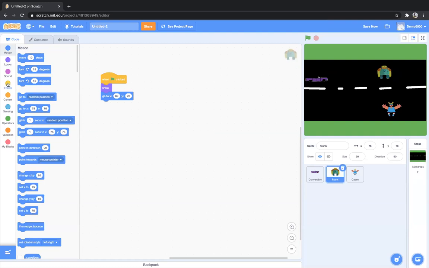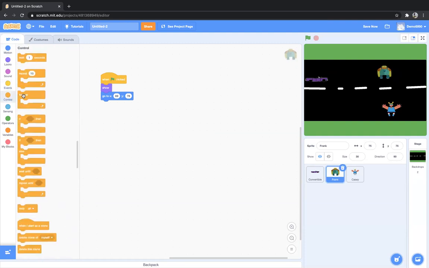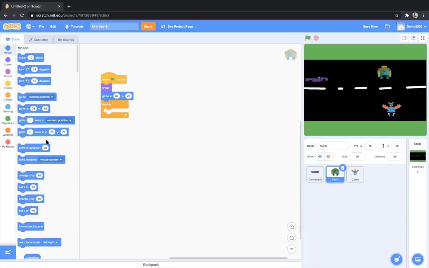For that, we'll go to control and use this forever block and place it here. Now to glide it, let's go to motion first. Look at this glide block: glide 1 second to X coordinate and Y coordinate. Now if I hold Frank and move him to this end position here, see the glide 1 second, the X coordinate has changed and the Y coordinate has changed.